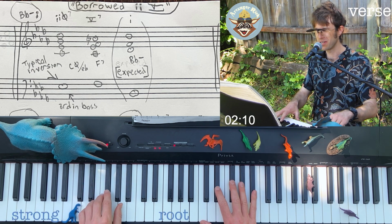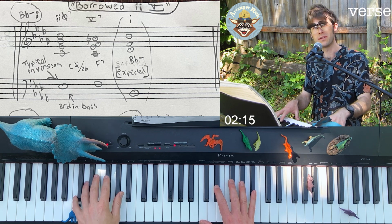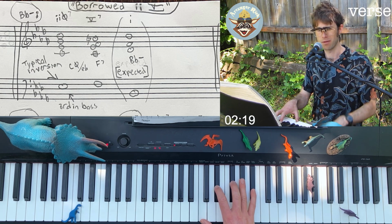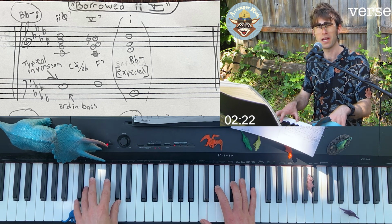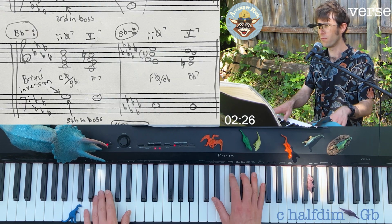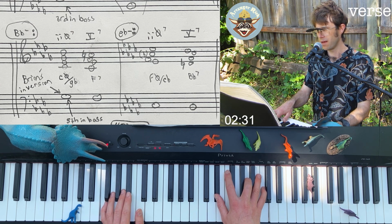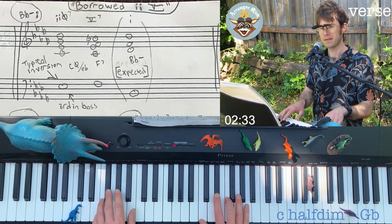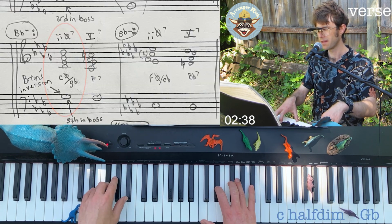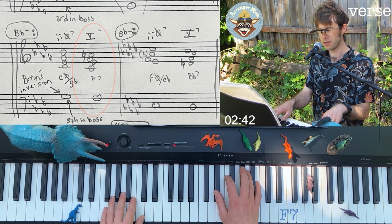Now what Brian does here, he's got the 5th in the bass. Some people like to call these chords minor 7 flat 5 chords. Around here we like to call them half diminished 7. So he puts the 5th in the bass, walking down to that root of the F7, and instead of going to the expected place, what we get is a 2, 5 in B flat minor